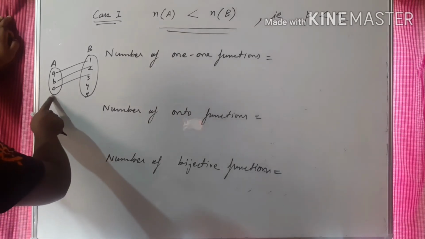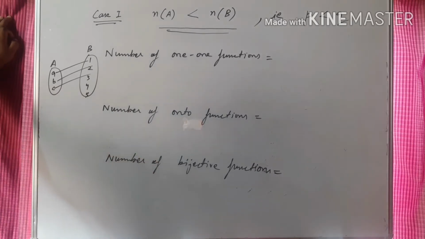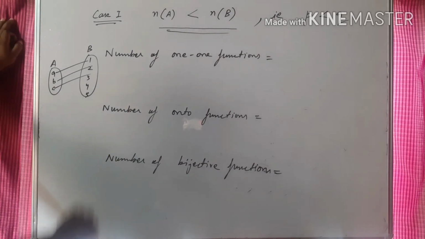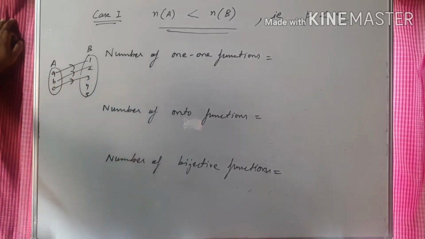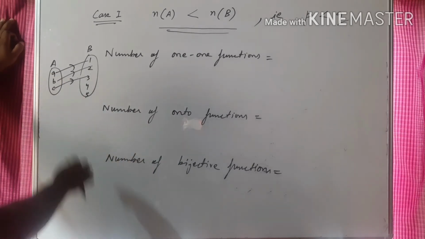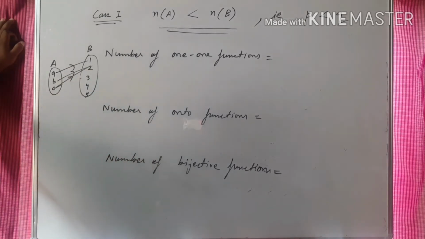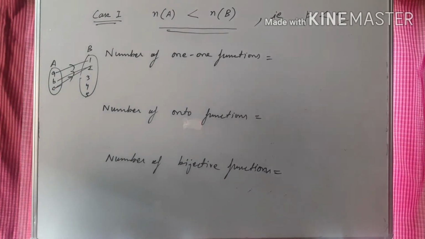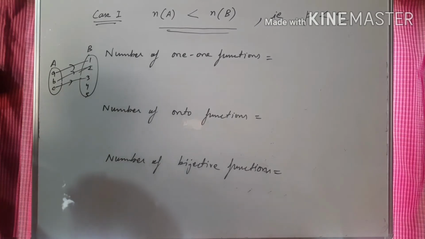Whenever the domain is smaller than the codomain, at that time an onto function is not possible. So this thing you'll have to know. For example, a one-one function is possible. You can see I can do this, this is a one-one function. The domain is not left out, so it is a function and it is one-one. Say for example I want to make another function like this. This will also be a function only, but it is not one-one. This will be some function other than one-one onto. So a one-one function is possible here, but an onto function is not possible.